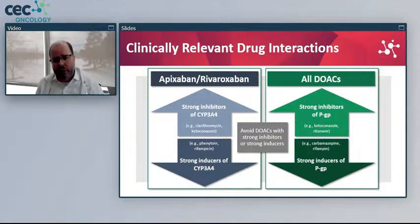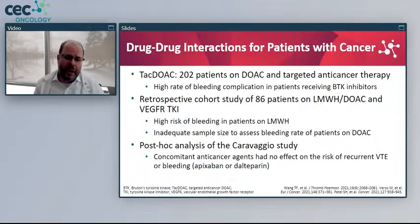And if you have strong inducers of both pathways, then that may lead to lower levels and therefore higher risk of having recurrence. And then the drug-to-drug interactions are slightly different between the different DOACs. So apixaban and rivaroxaban have a very similar type of drug-to-drug interaction class. And then edoxaban and dabigatran have similar interactions because they're more dependent on the glycoprotein P compared to apixaban and rivaroxaban. Now, this is all theoretical in nature, and you may be wondering, well, Mark, is there any